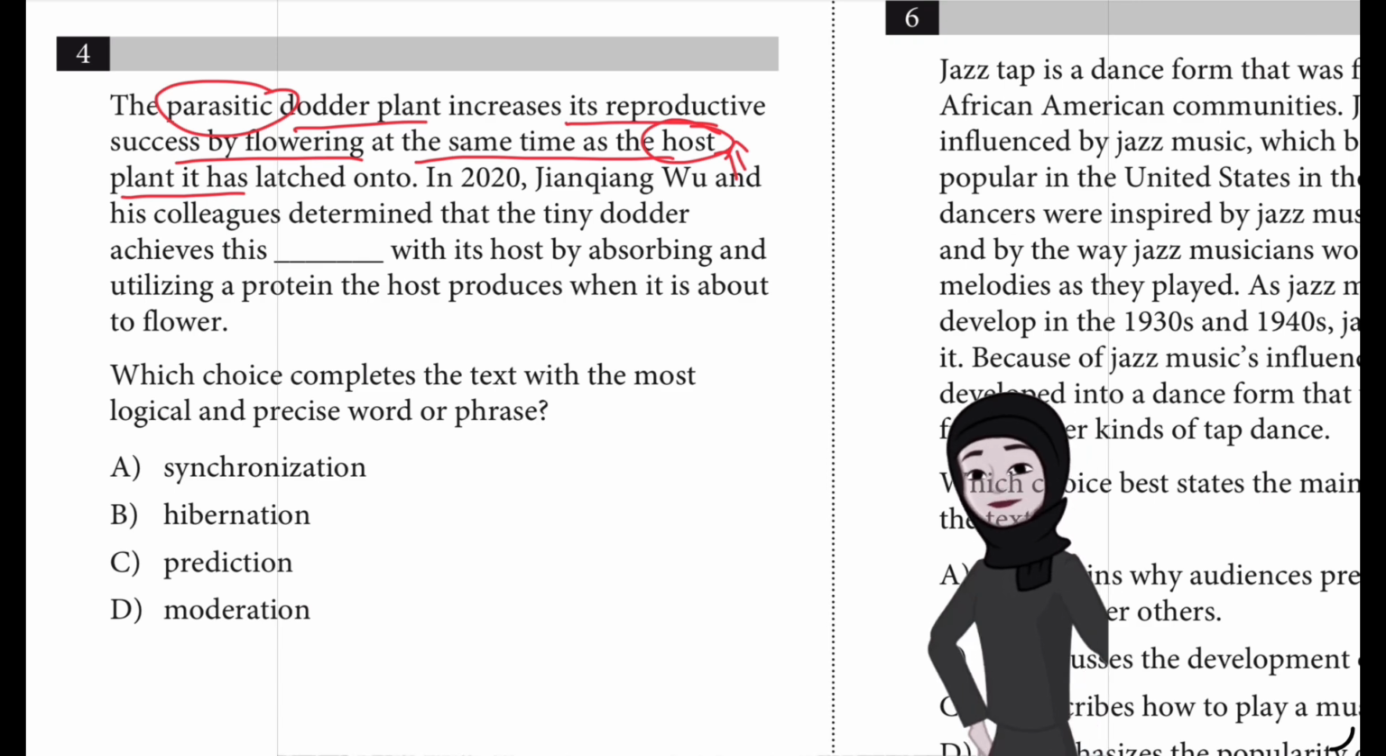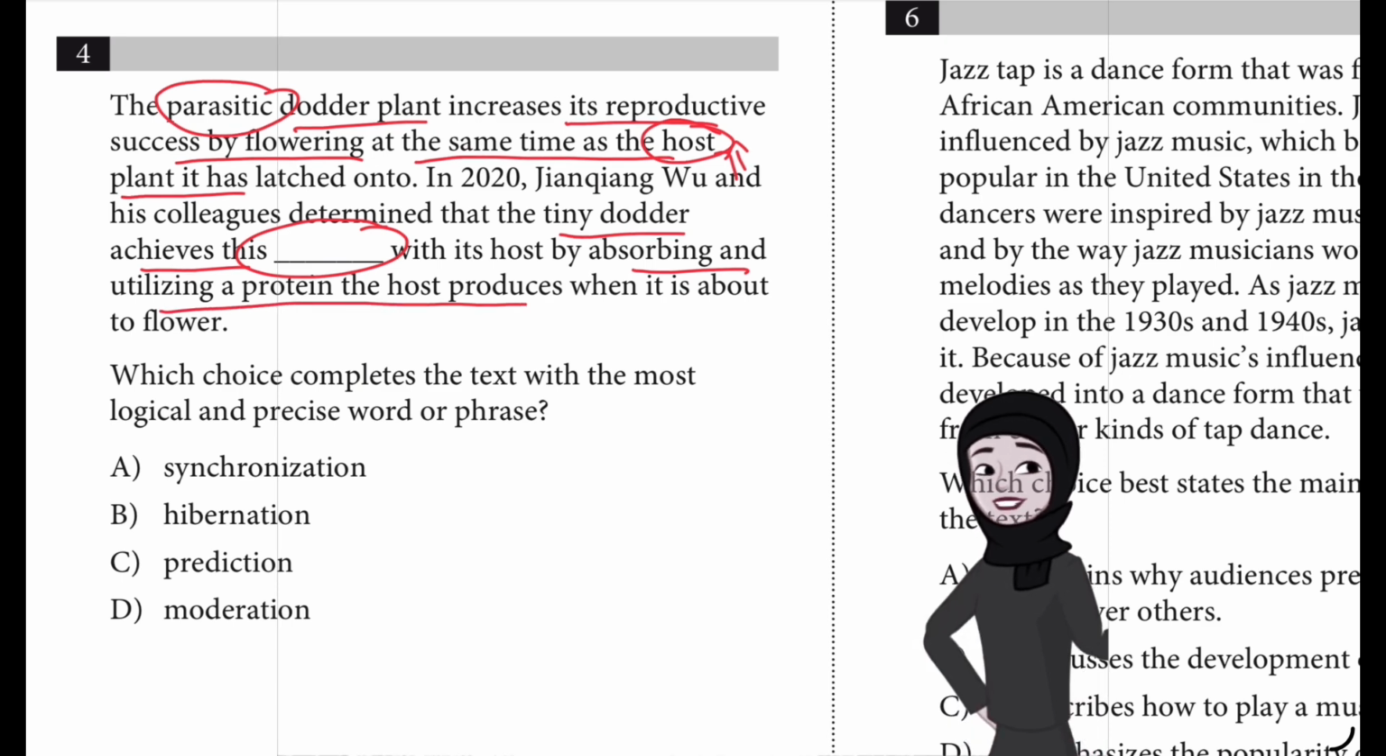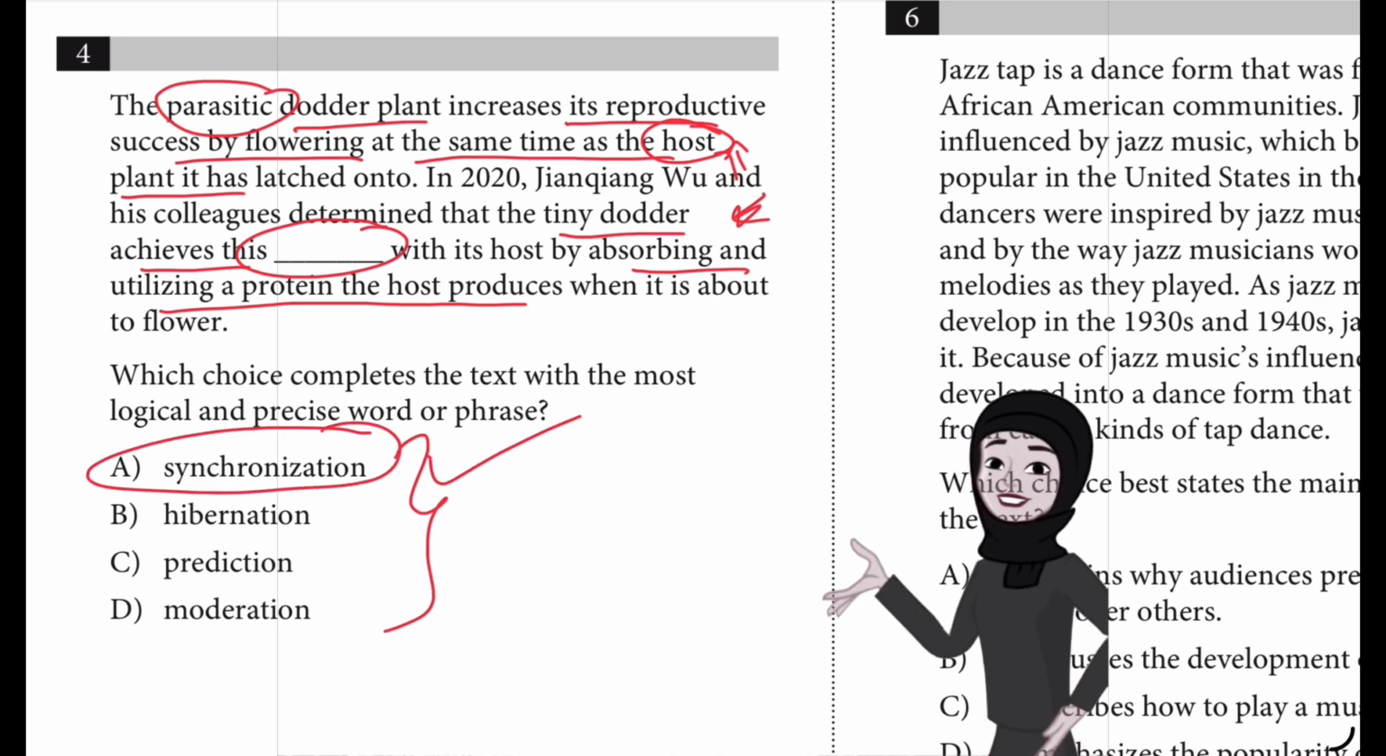And there is the scientist in 2020, Jianqiang Wu and his colleagues. They determined that the tiny dodder achieves this. How does it achieve this? Blank with its host by absorbing and utilizing a protein the host produces when it's about to flower. So the host is flowering and at that time it produces a protein. So the tiny dodder plant blank this. How does it achieve this? Since it's a parasitic plant, it has to synchronize or happen at the same time